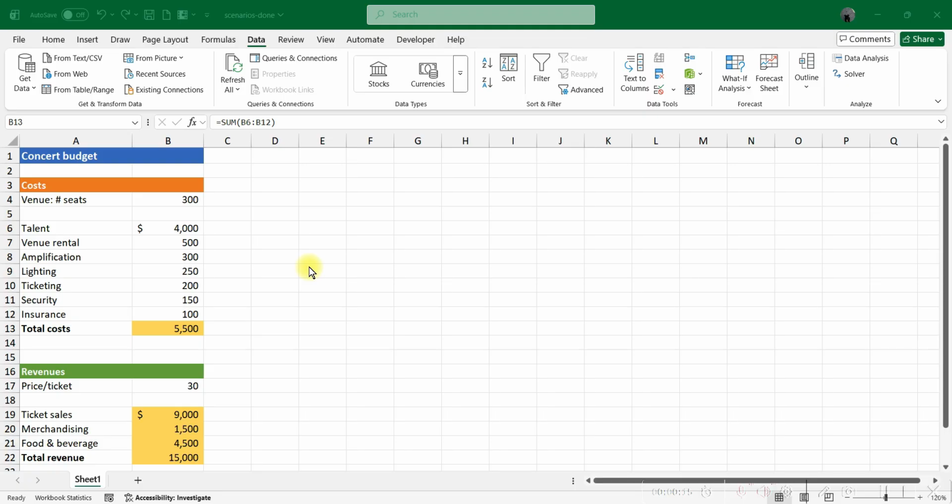Imagine, if you can, that you are a concert promoter, and yes, this is from a long, long time ago. You want to produce a show, and you need to decide which venue to use because that in turn will determine the costs, the revenue, and the profit or loss, and what to contract for. So we're going to use scenario manager to compare four different sets of numbers: small, medium, large, and